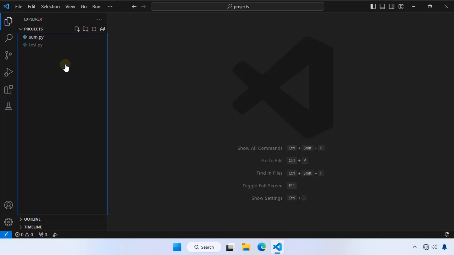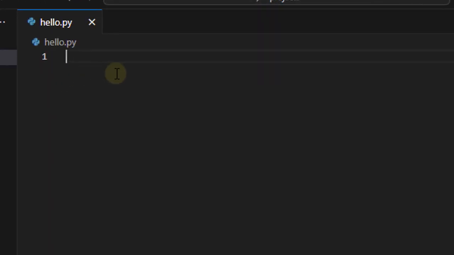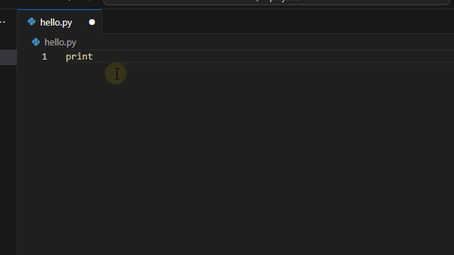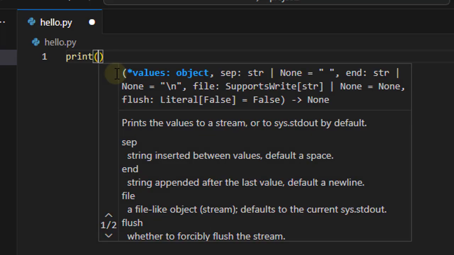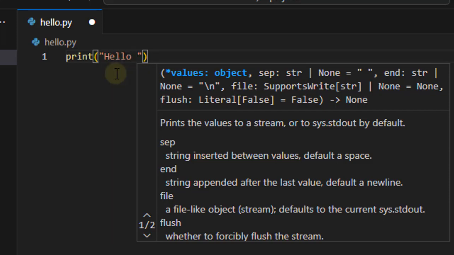Let's create a program to demonstrate the Python print statement, which is the output statement. So we'll just create a program called hello.py, and of course we'll use the print statement. It's actually a function, so we're going to need open close parentheses and then a literal string inside whatever we want to print. And so we'll use the traditional hello world,